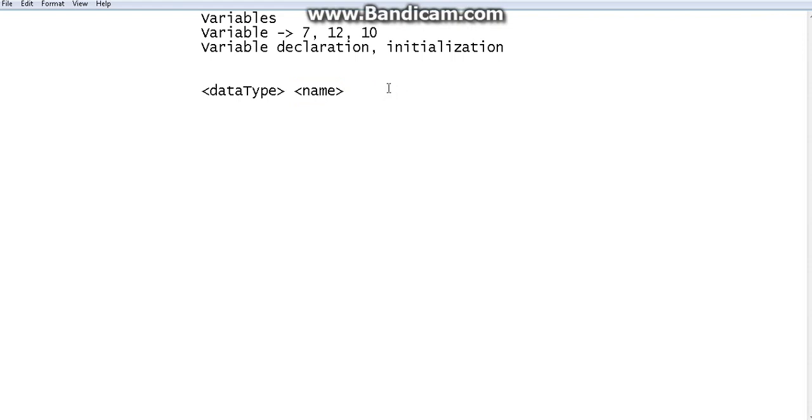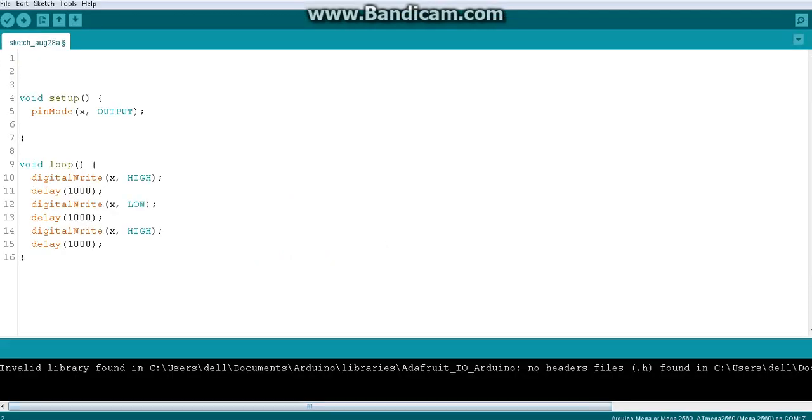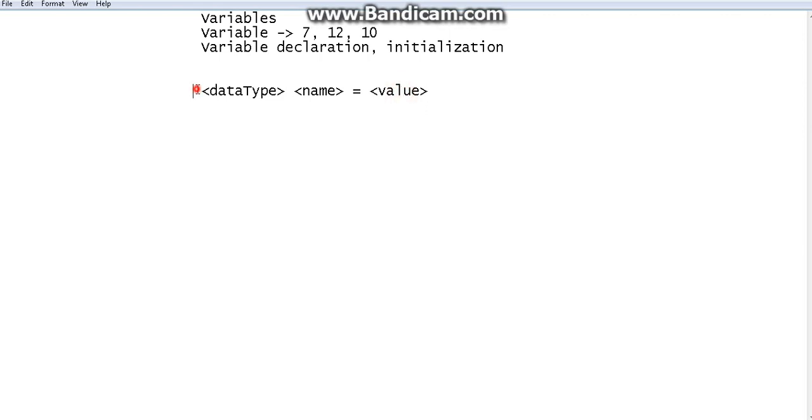Then you have to put an equal sign, and you have to give the value of X. What is the initial value we are giving? Number 7. Got it? Right. There is a thing you can note while you are doing these three things with an equal sign: these two scenarios are covered. What is that? Variable declaration. I am saying I have a variable that is X. So we are saying the name here along with the data type. Data type and name are here, so the declaration is finished. Then initialization, we are doing on the other side of the equal symbol. That is giving a value to the variable.